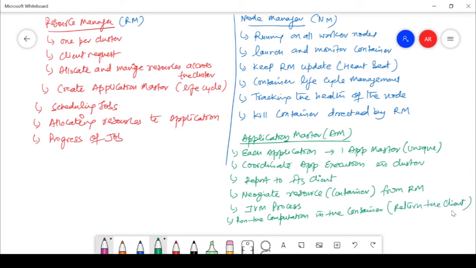Or it will request more containers from the resource manager when it is not an Uber task, just to run a distributed computation. So these are the properties, or roles and tasks, of the application master.